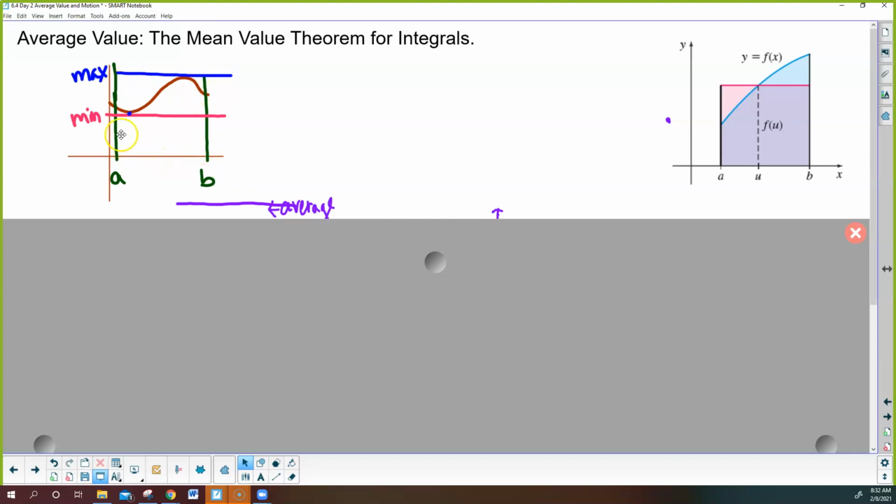Well, the minimum is definitely an underestimation, and the maximum is definitely an overestimation. So what if I actually found the average? Somewhere between the max and the min is the average value of the area. So where would that average value occur? And that's the part we're going to think about. Right here, this point on the function,